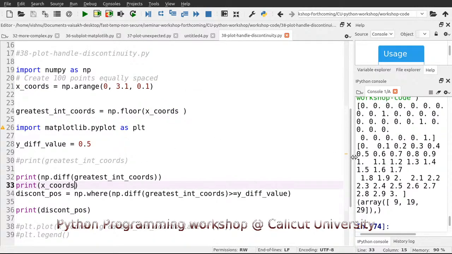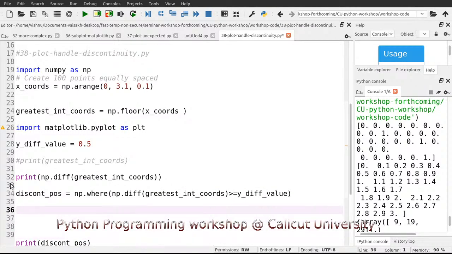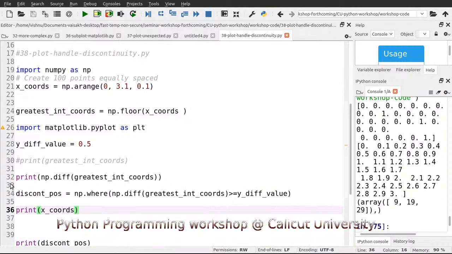Which two should not be connected? Where are those x coordinates appearing? Okay, let us take it. So the discontinuous positions are now located. Which are those x coordinates? The x coordinates are